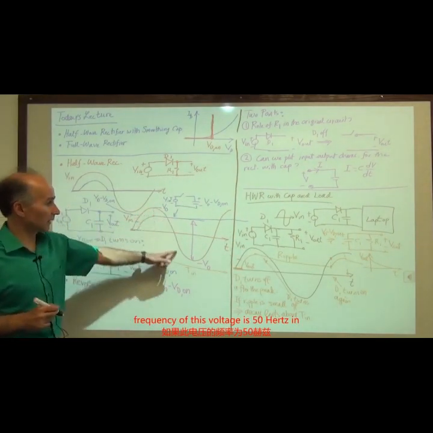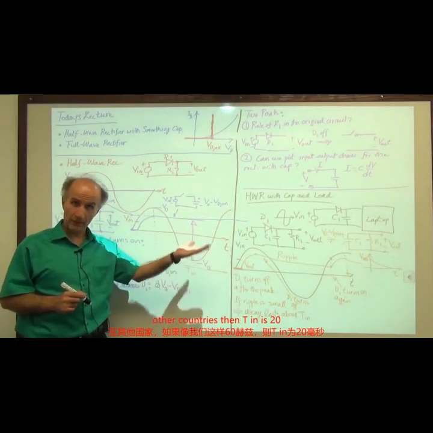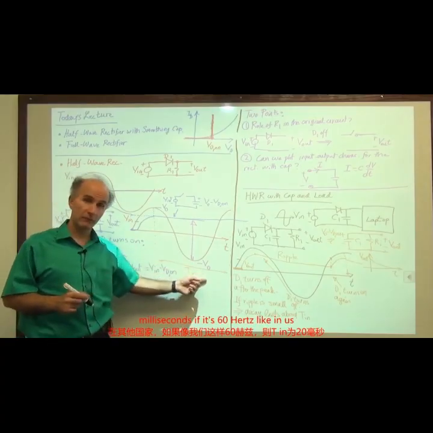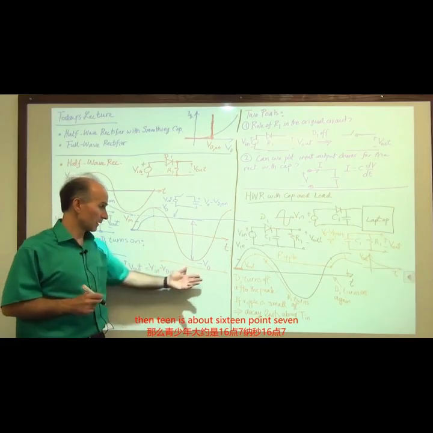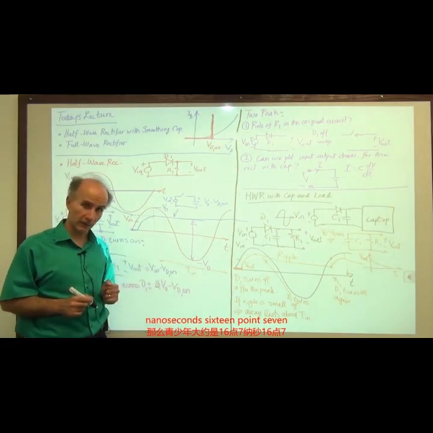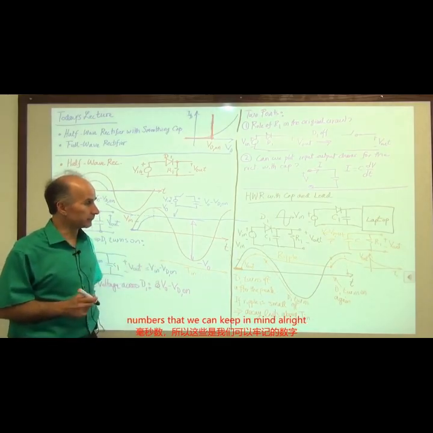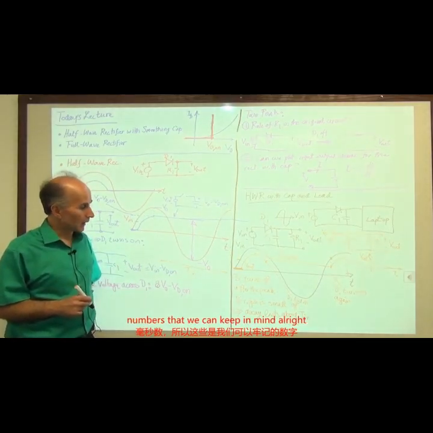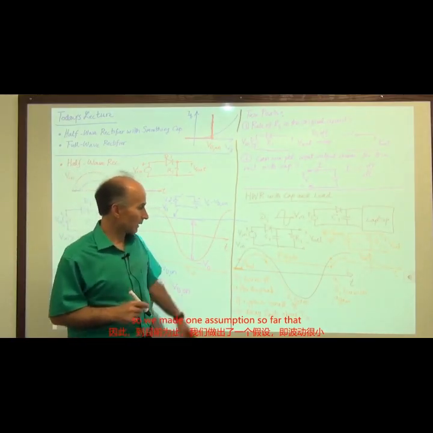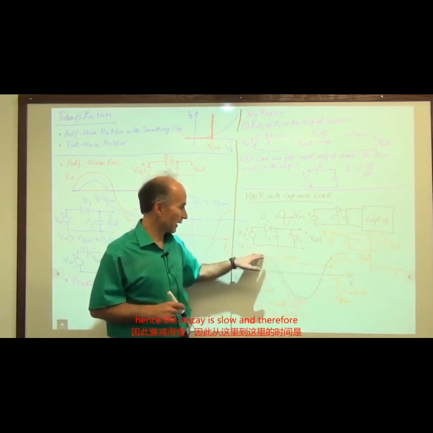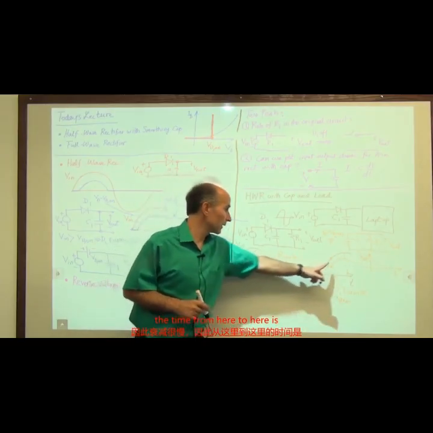If the frequency of this voltage is 50 hertz in other countries, then T in is 20 milliseconds. If it's 60 hertz like in US, then T in is about 16.7 milliseconds, right? So those are the numbers that we can keep in mind. All right, so we made one assumption so far, that the ripple is small, hence the decay is slow, and therefore the time from here to here is approximately